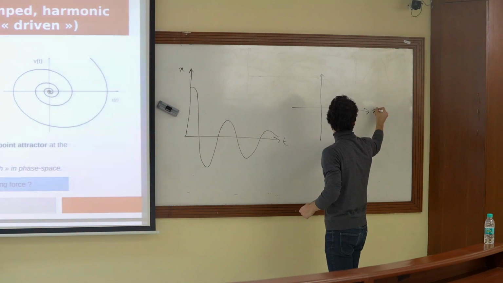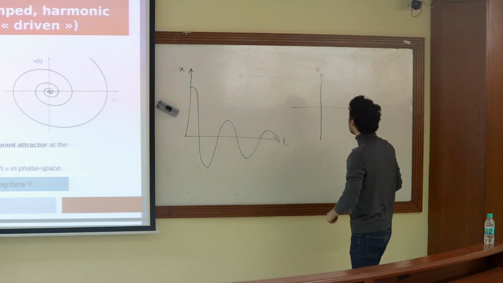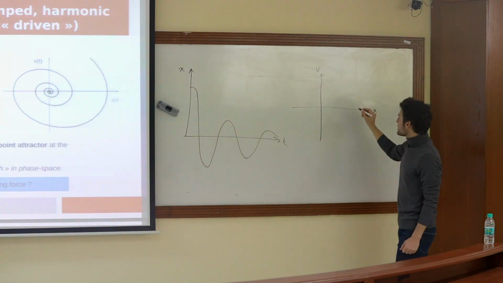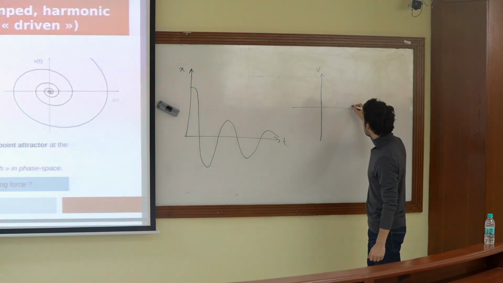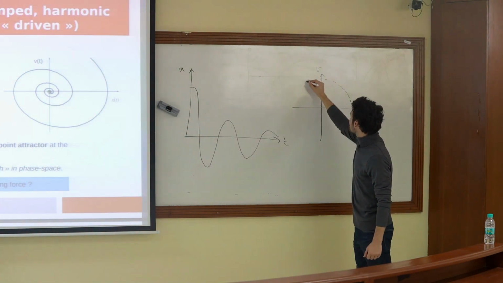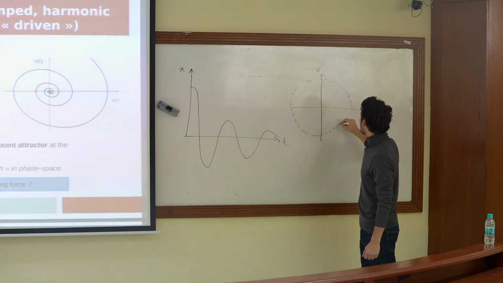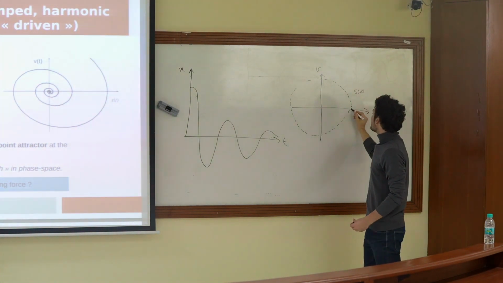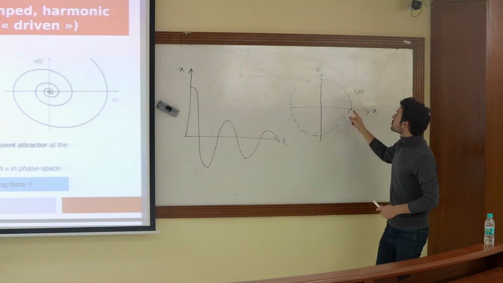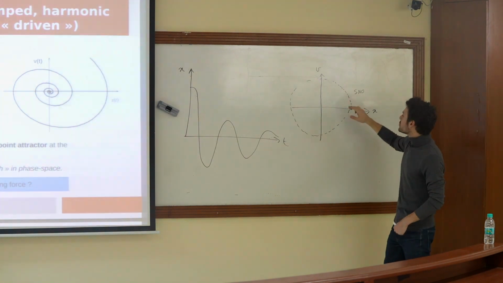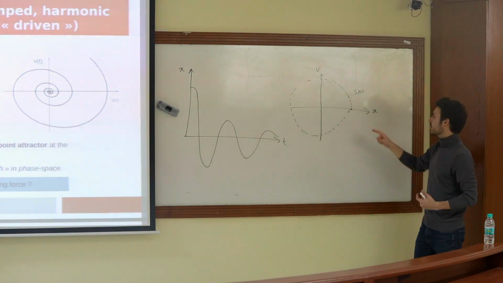Like this. So this is displacement, this is velocity. You remember for the simple harmonic oscillator, so I'm going to draw it just in dashed lines. So this was the simple harmonic oscillator, it just circles around, right? So if you start out here, you're just going to move in cycles, right? Which is very simple to explain physically, right?